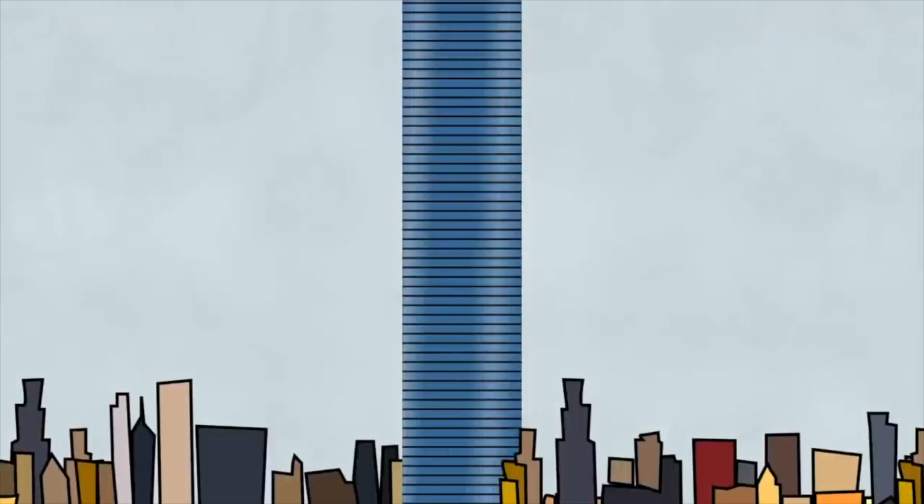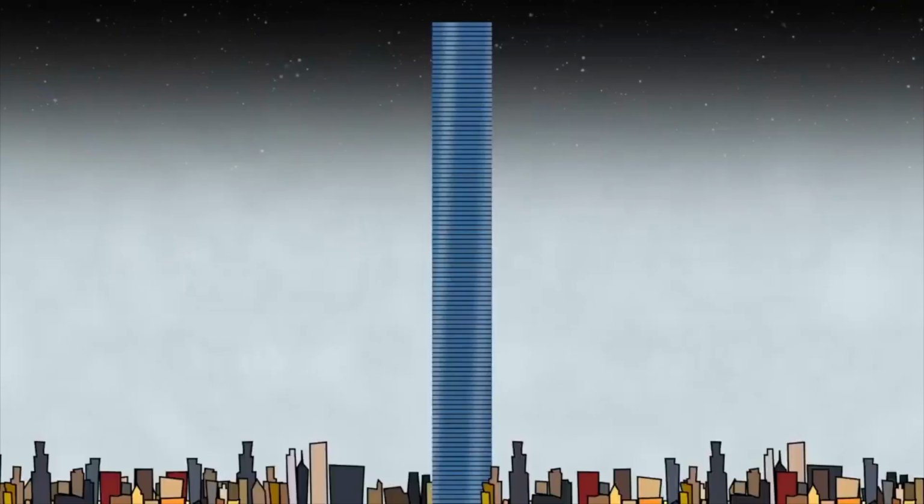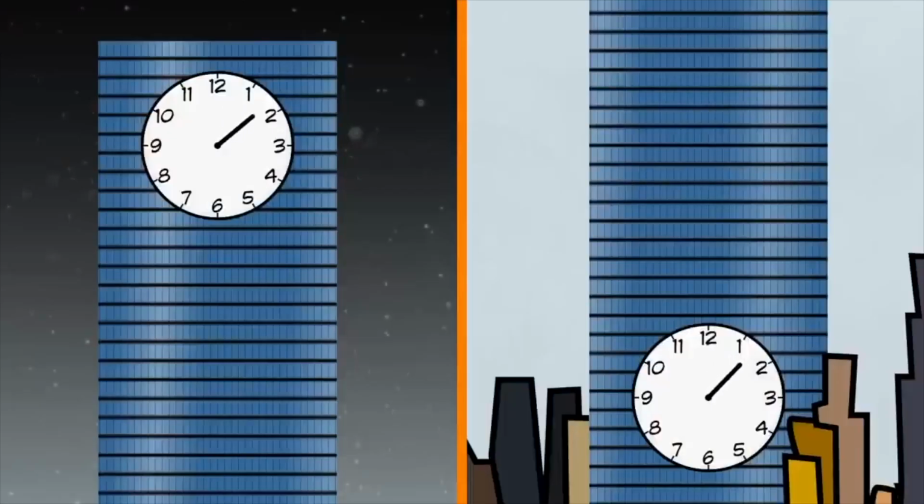Say we've got a tall building, like really tall. It's poking out into space. On the ground floor, there's a photon launcher. It sends out a photon every second. On the top floor, there's a photon timer. It receives the photons and measures the time between them. We'd expect the photon timer to receive a photon every second. But that's not what happens. The photon timer actually receives a photon every 1.00000000001 seconds. That means clocks on the top floor of a building tick just a tiny bit faster than clocks